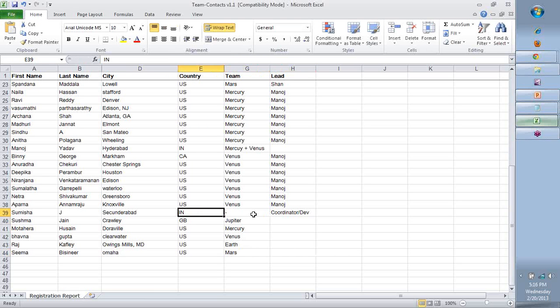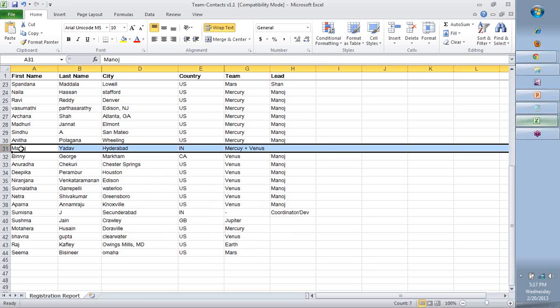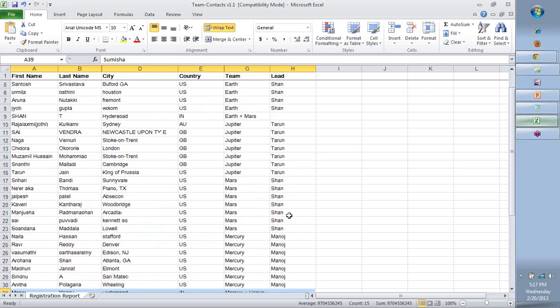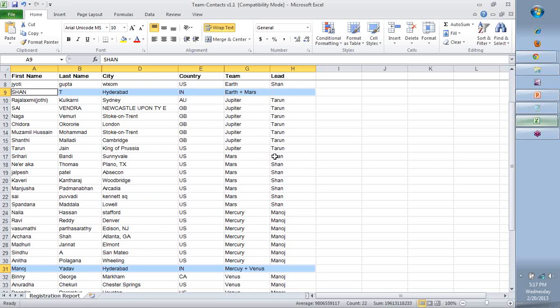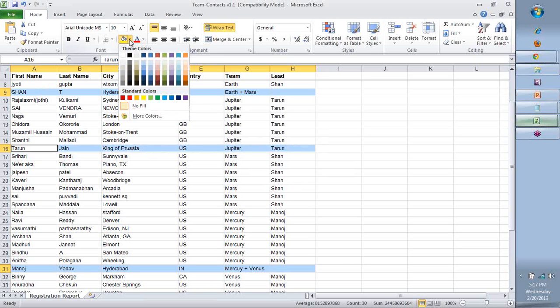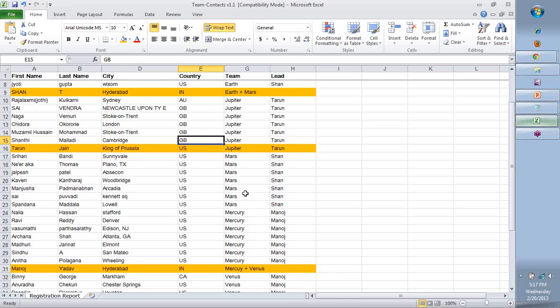This one is for Sumisha, she's going to help me with coordination and a little bit of development work as well, so she doesn't really require a team to be coordinated. Now, if you notice, there are a few members who are either not participating in a specific team or are spread across various teams. The reason is that they are going to be playing a lead role. So they will be helping us in coordination. They will be available to work together with each of us when needed. Some of these discussions I'm going to show. I've also documented them. All right.